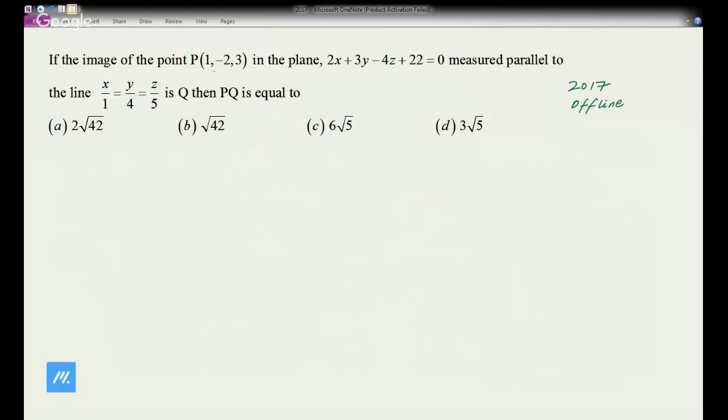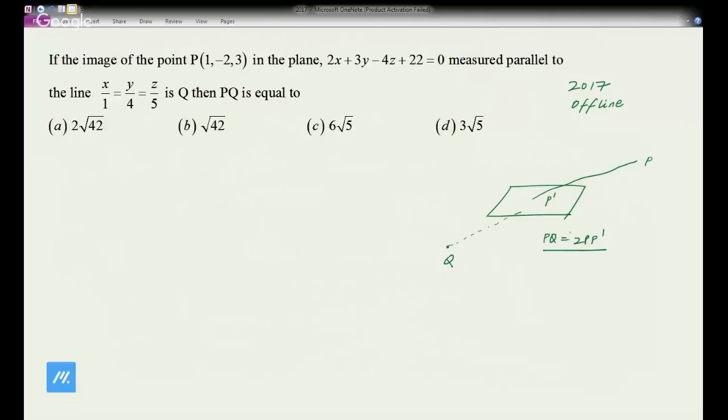The image of the point P in the plane is measured parallel to a line, so you don't have to find the image of a point along the perpendicular. So you are traveling something like this. Now you have to find this P dash. This is P. Here the P dash is not there. Let's say it is given to be Q. You need to find PQ. For example, this is P dash here, so PQ will be nothing but 2 times